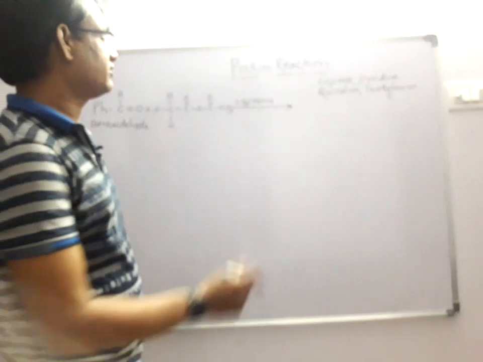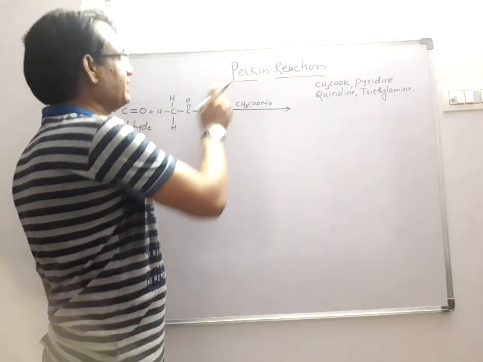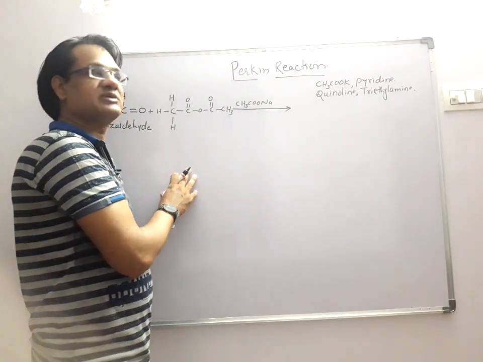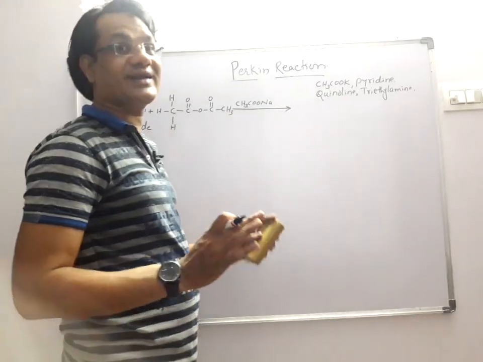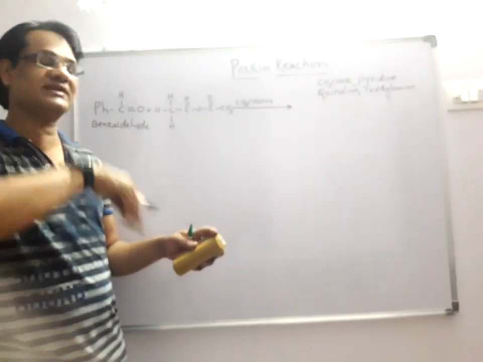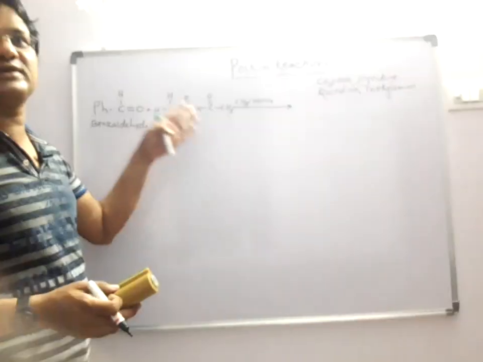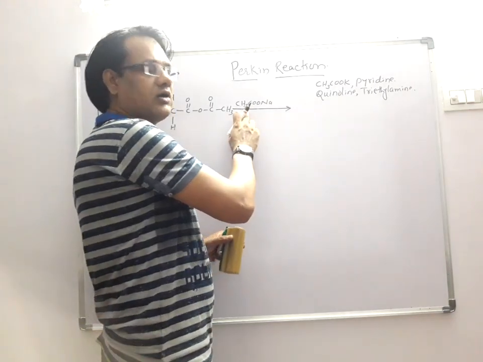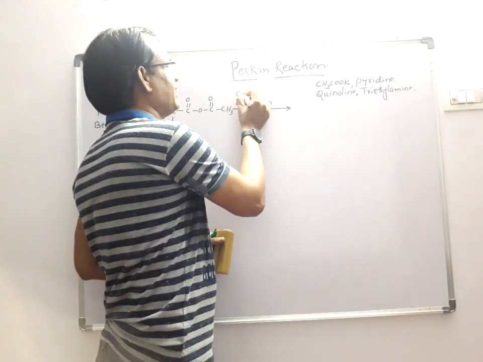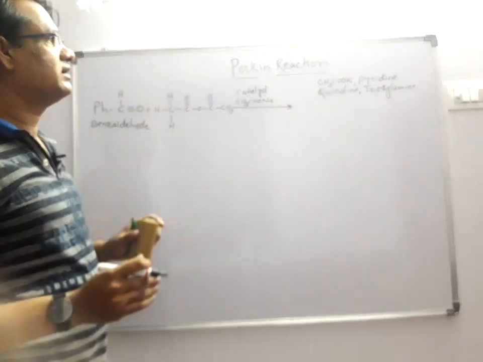Now important thing is what is the function of this sodium acetate here, and it is very important, because when Perkin gave the mechanism of this reaction, some scientists put the objection that this sodium acetate does not work as a catalyst here, but actually it is involved in the reaction. So we will see this when we see the mechanism of this reaction. So here the main work of this sodium acetate is as a catalyst. It will not be involved in the reaction but works as a catalyst.